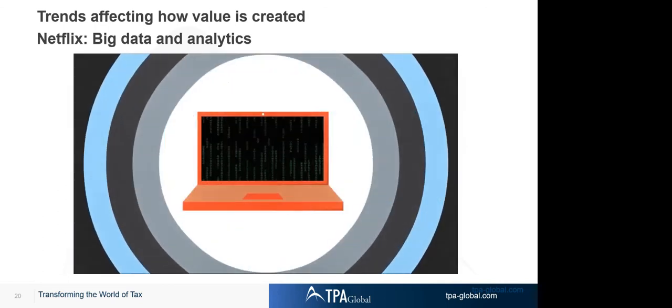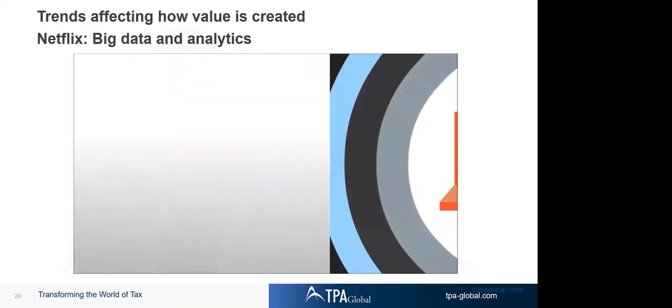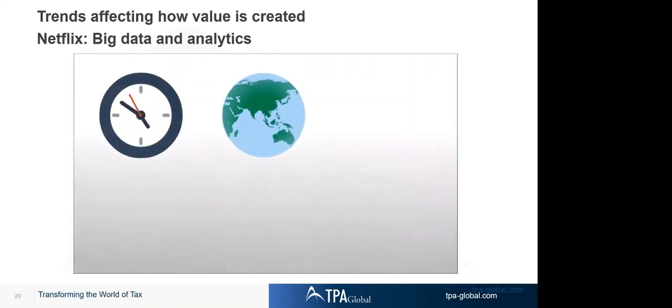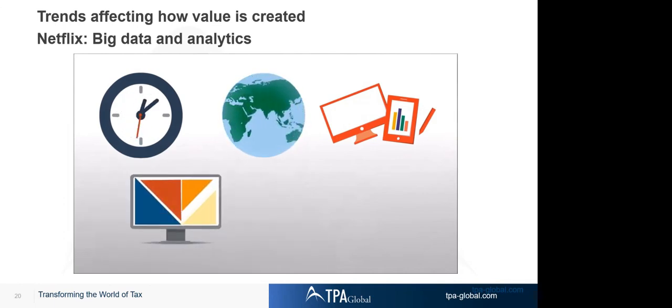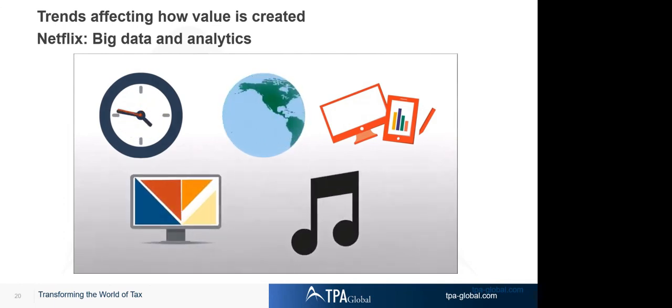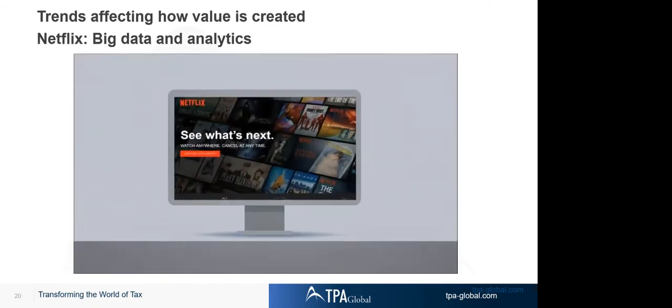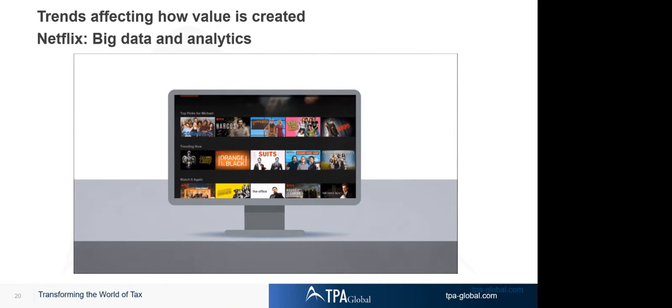They've created algorithms which collect data on how often, when, and where you watch their content, what device you use to watch, which scenes, colors, and music you like. The list goes on and on. By analyzing all this data about their users, Netflix can recommend content, choosing the perfect portfolio of future investments, and